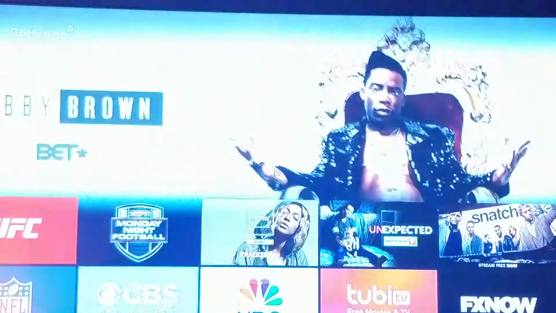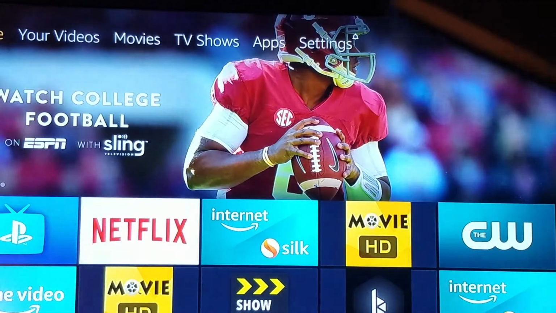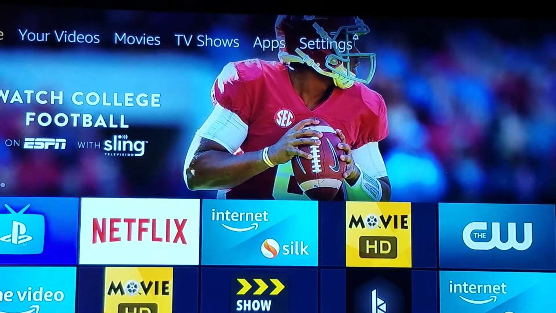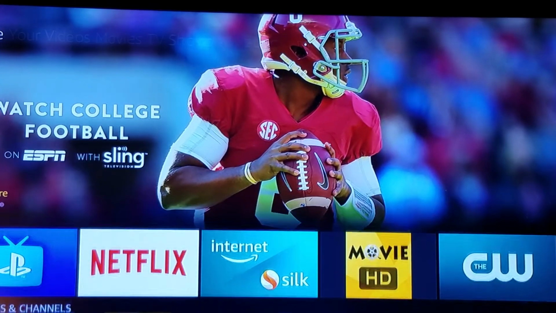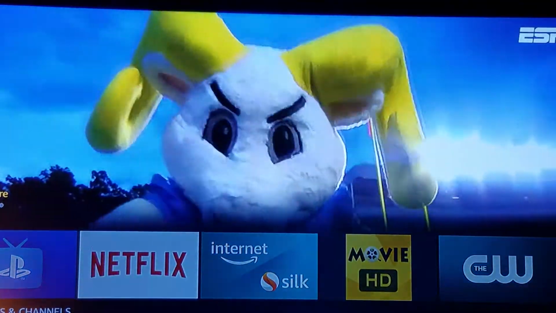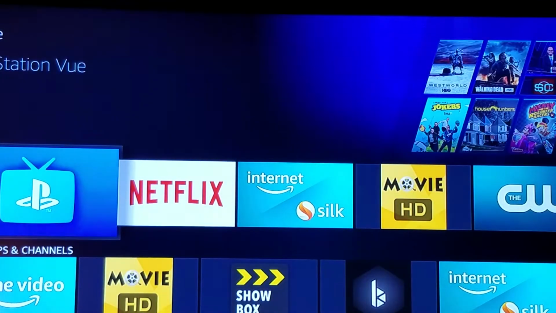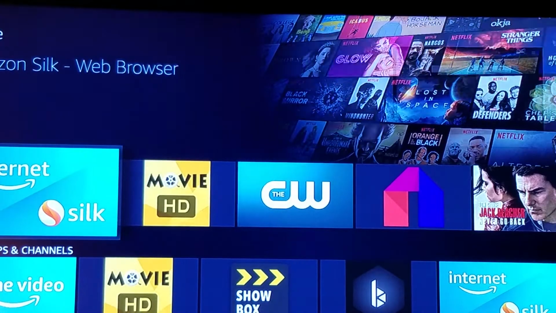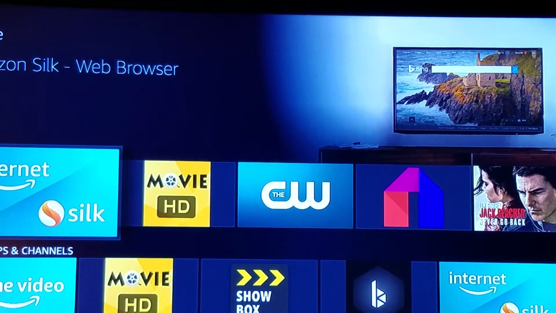So just going back to the home screen here, if we press the home button, the home button is right there, the house. Okay, so when you look at your first line there with your apps installed, I have the Silk browser installed. So if you select the Silk browser, you'll see that